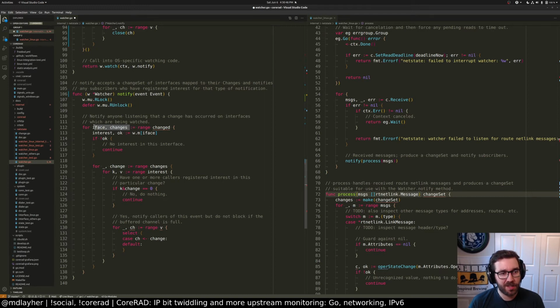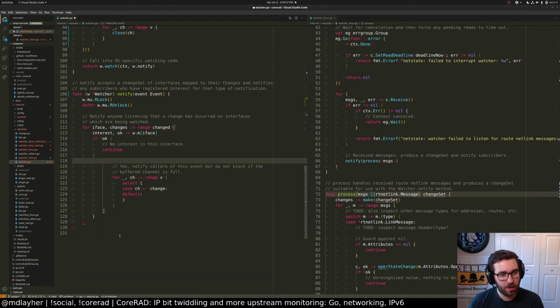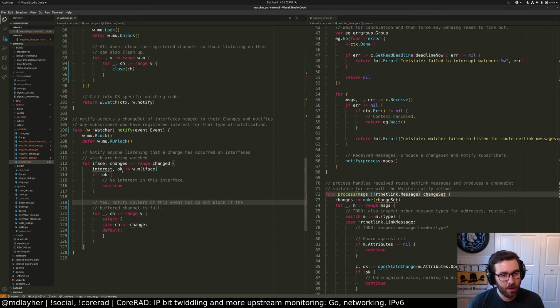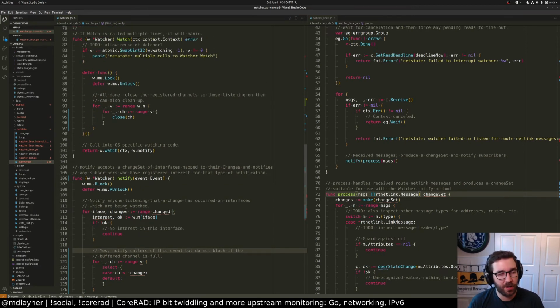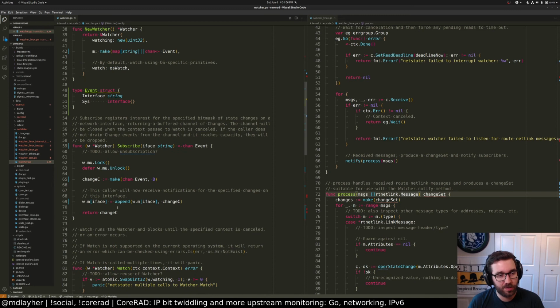For each interface in the map, we need to check the channels that are registered and then send on each channel. So there's no longer the concept of interest here. We now need to, let's see.